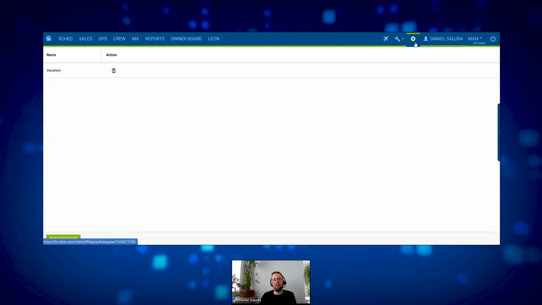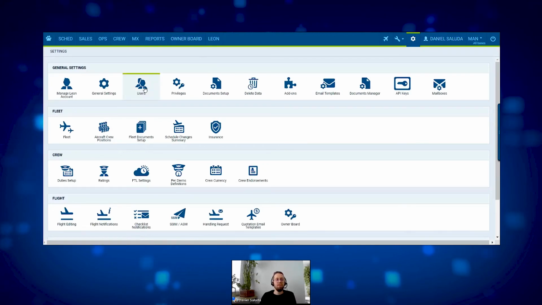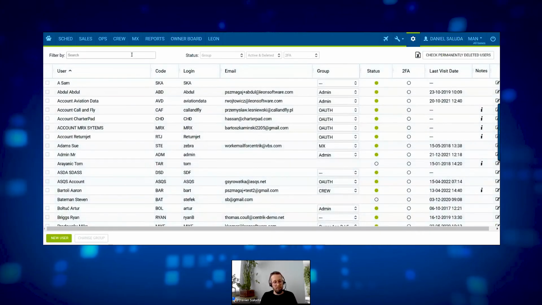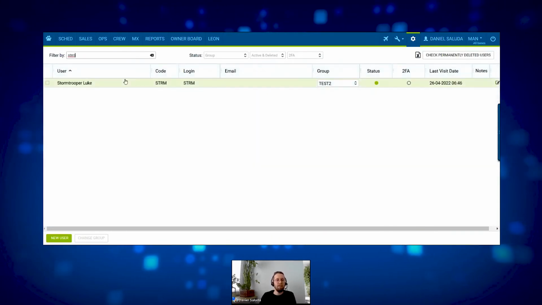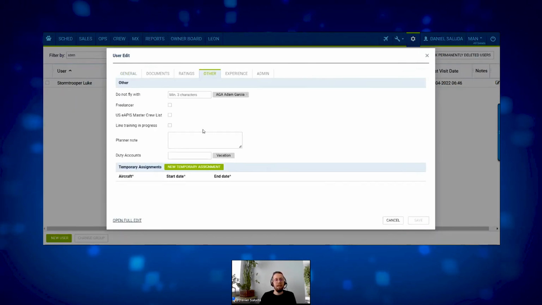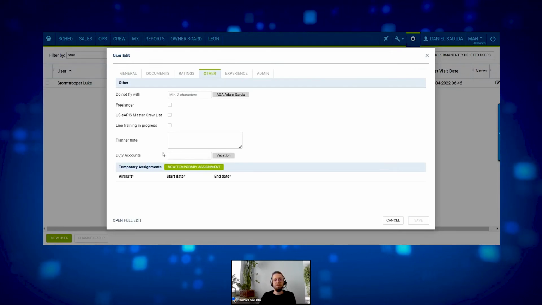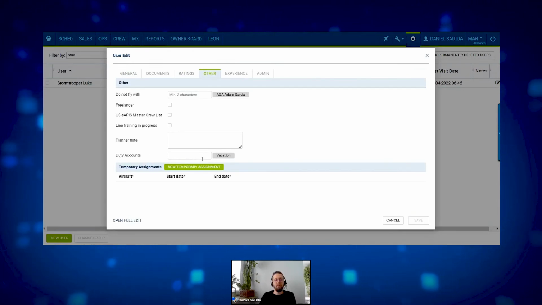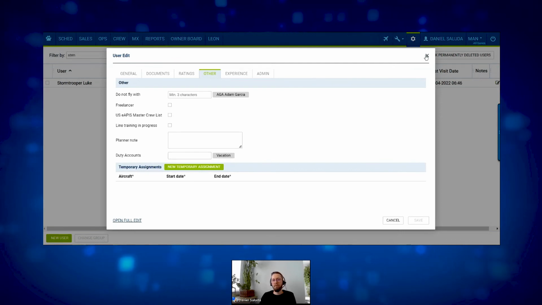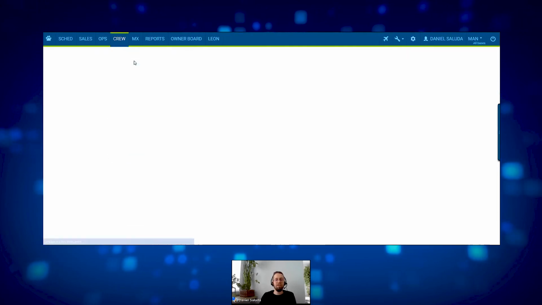And then after adding the duty account, you will need to go to the user's profile. So I will go to my test crew member and then the other tab. And here in the duty accounts drop-down box, you're able to pick the duty accounts and add them to the crew member's profile. And then when you go to the crew calendar,